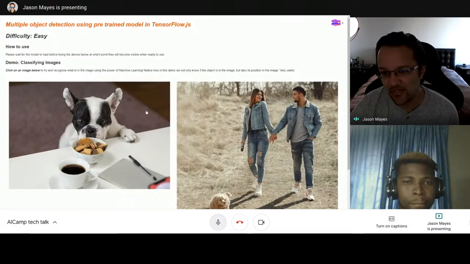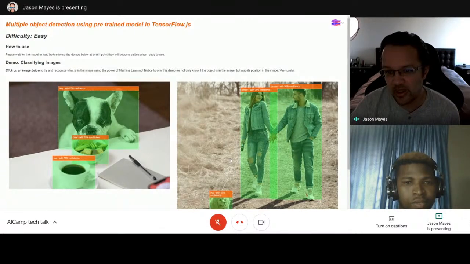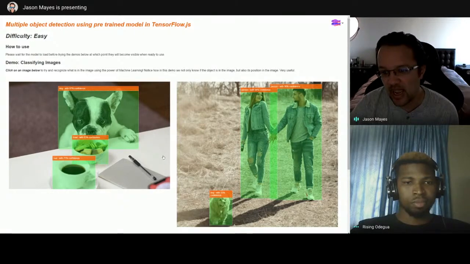But essentially, I can click on any of these images, and in real time, I get the classifications coming back for the objects it can detect in the scene. And what's interesting here is that even though we've got multiple